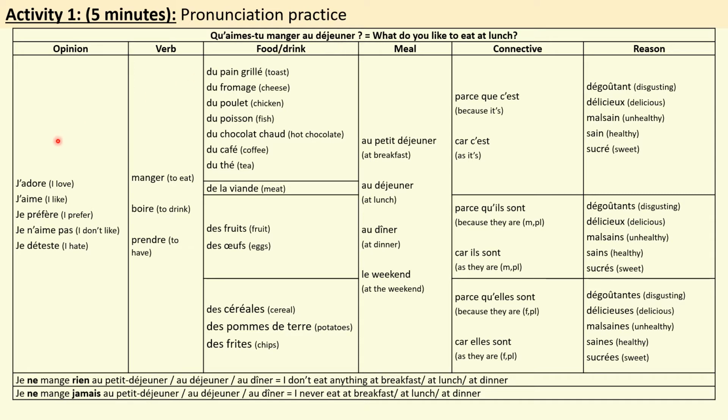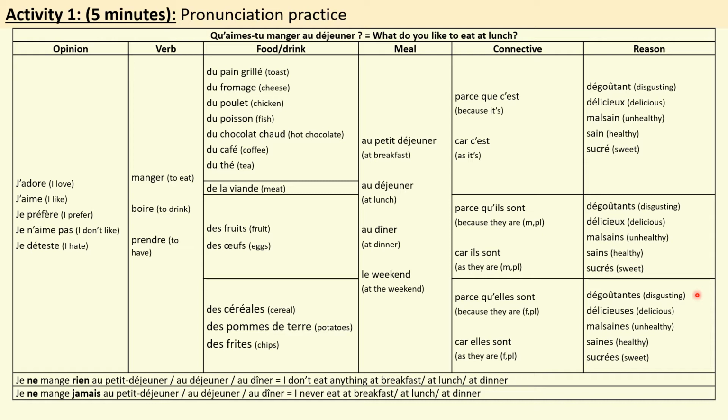So now to answer that, we're going to use each section of the sentence builder, starting with the opinions. Now do remember that with the reasons, which we've had all before, the masculine singular and the masculine plural all sound the same. What does sound different is the pronunciation in the feminine plural, because we've added an E on, so it means that we have to pronounce the last consonants, which you're not pronouncing up here in the masculine singular and the masculine plural. But we have to pronounce them here. So let's practice the feminine plural reasons.